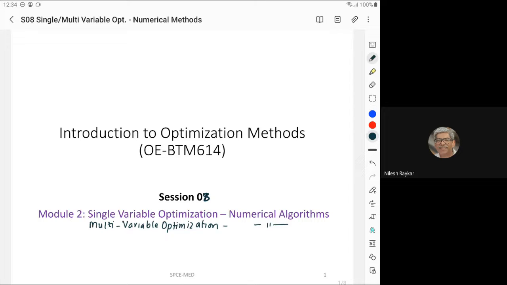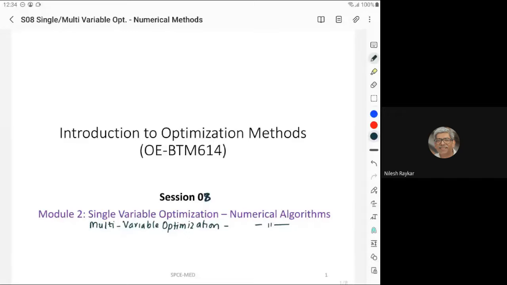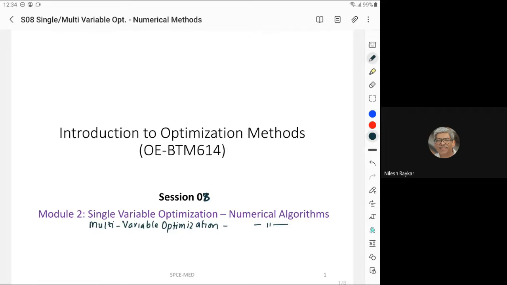And the second method we saw was the region elimination method. In this method, you can converge faster as compared to the first method, that is the exhaustive search method. And what we are seeing is the golden section method. What is the advantage of the golden section method? Yes, it is precise, because region elimination methods are meant for precision.